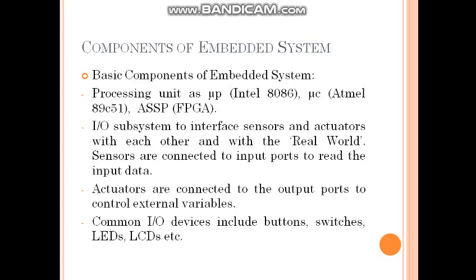If we see, basically the embedded system contains the processing unit, which is called the microprocessor. Then the controlling unit, that is called the microcontroller, and again peripheral devices. In the processing unit, which is called a microprocessor, normally we use the Intel 8086 microprocessor. We also use the 8085 microprocessor, but normally according to the instruction set, that is RISC and CISC, we will discuss what is RISC and what is CISC, but on the basis of that, this Intel 8086 is normally used with a high demand.